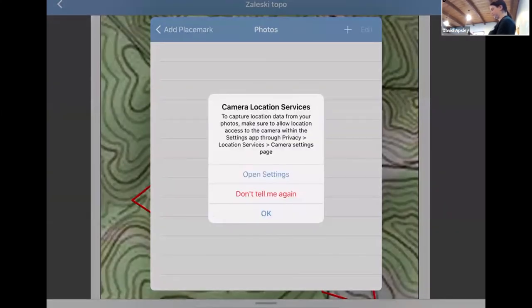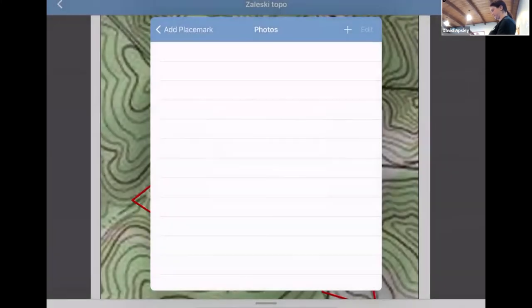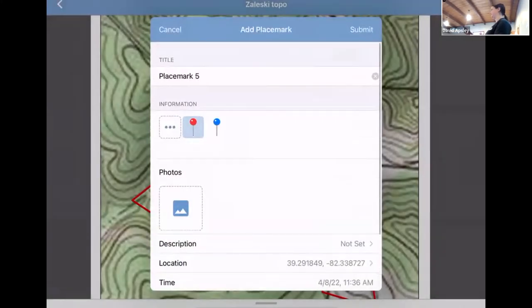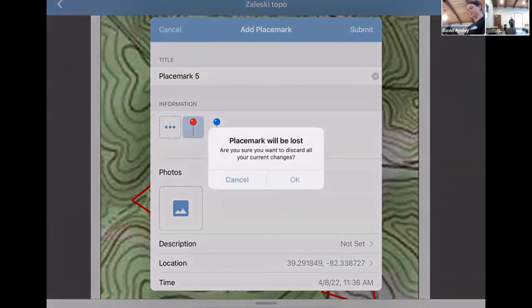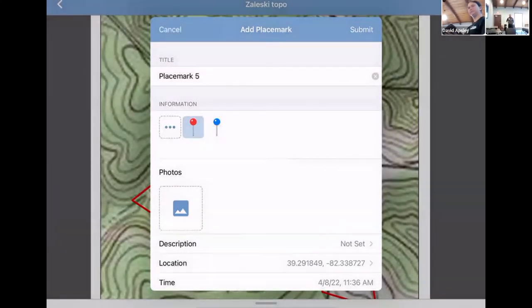I don't want to change your... A lot of times you have to allow access to your photos to do that. You have to take the picture and then pull it from your photo. Yeah. So, and I also have to send it to you, but I also have a